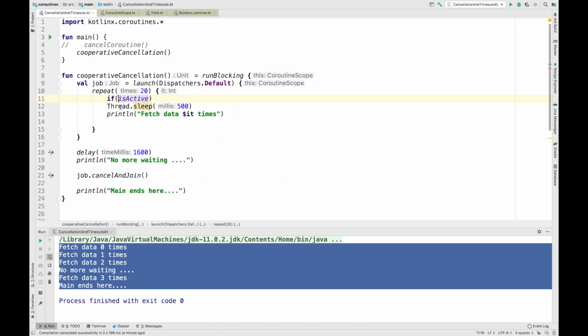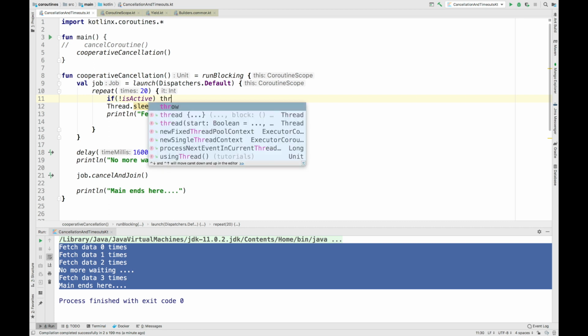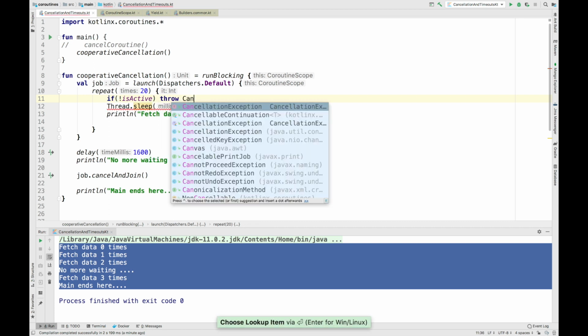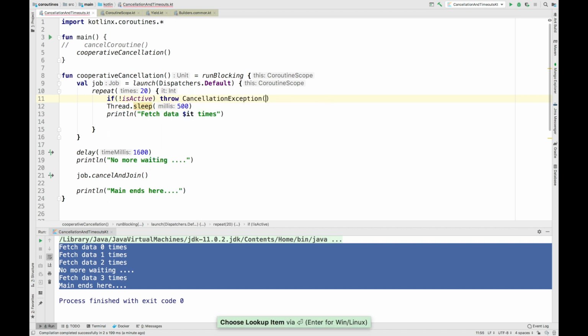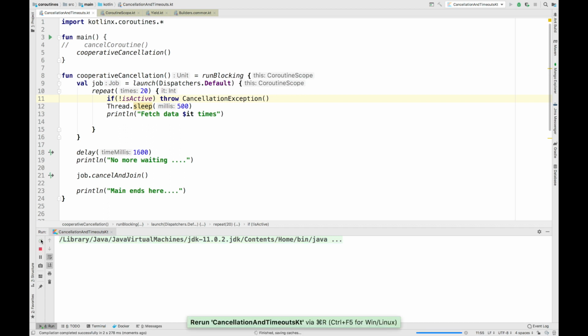So if this coroutine is cancelled, it is not active, then I'll simply throw a cancellation exception, because on cancellation of any coroutine it throws a cancellation exception. If I rerun this example, we should get the same output.